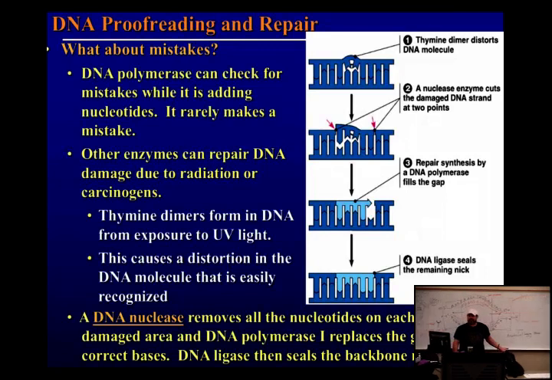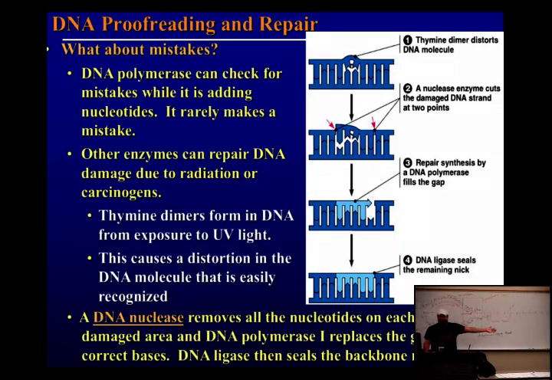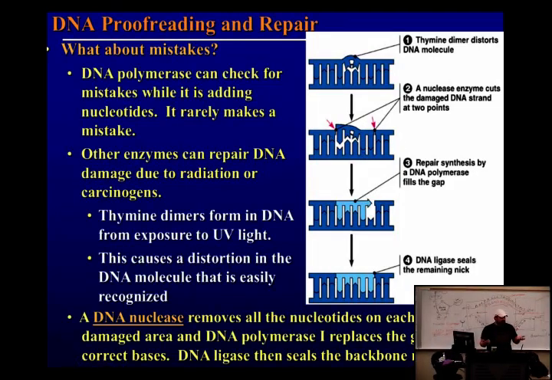You guys go out in the sun, it happens. There's nothing you can do about it. Any ultraviolet light that hits your DNA and there's two T's in it, this happens. So how do you get rid of it? Why aren't we all dying because our DNA is all screwed up? Because we have enzymes that can repair it, right? So the enzymes come in and they make cuts on either side of the bulge, and then they remove all of those nucleotides. So the enzyme that does that is called a nuclease.